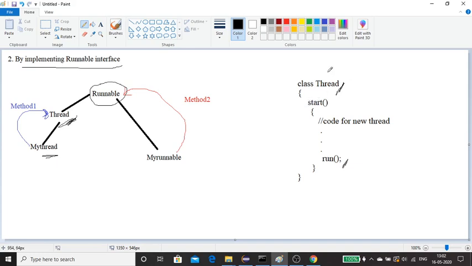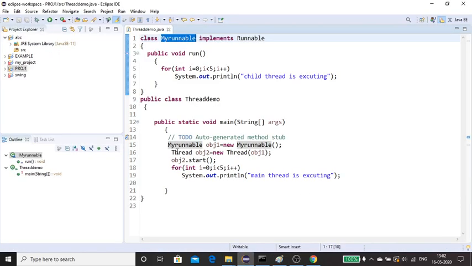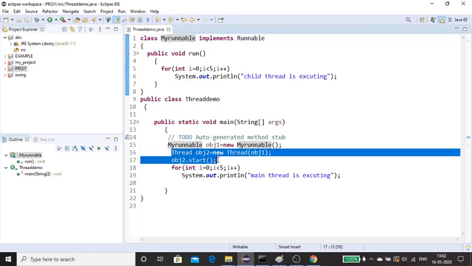But this start is present within Thread. Now I'm directly implementing Runnable. Actually, your class MyRunnable and Thread have no relation. So if I want to call start, I have to call it only through an object of Thread. So I'll create an object of type Thread.